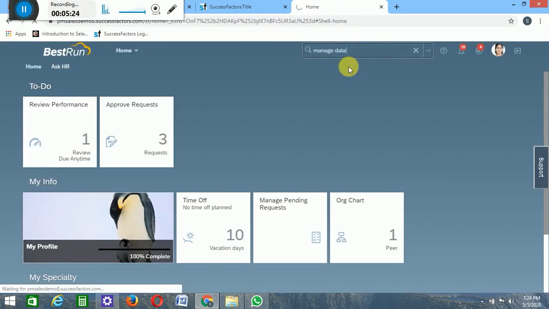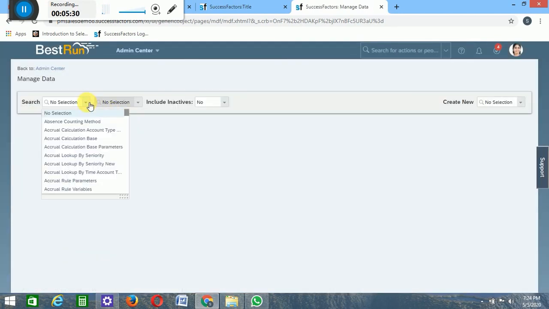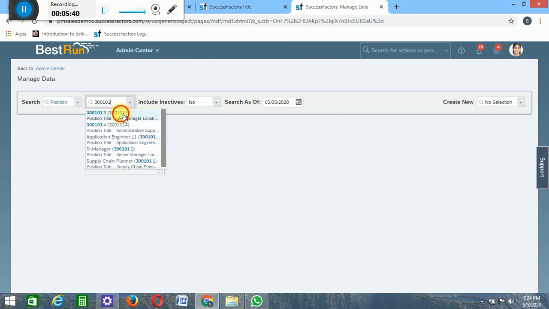Just need to check. Manage data. This is where the position 300-101 is. This one.